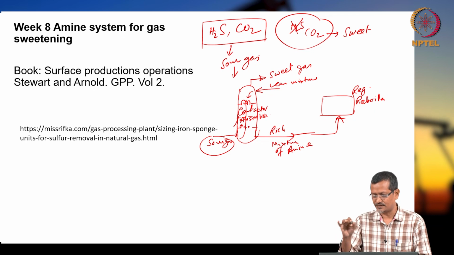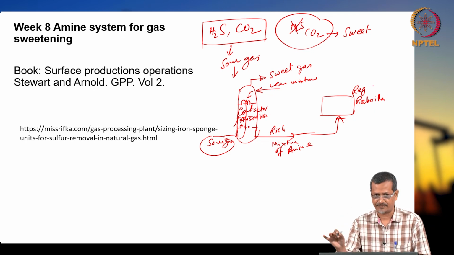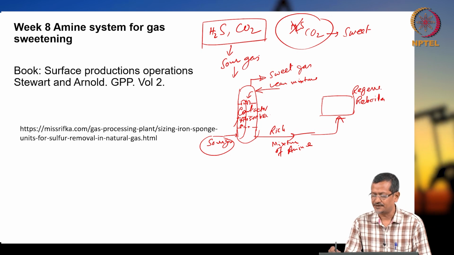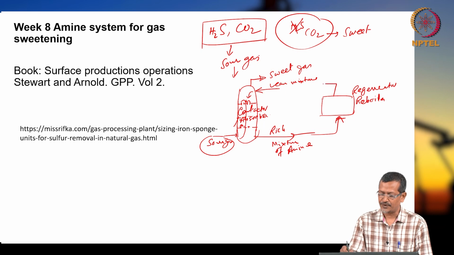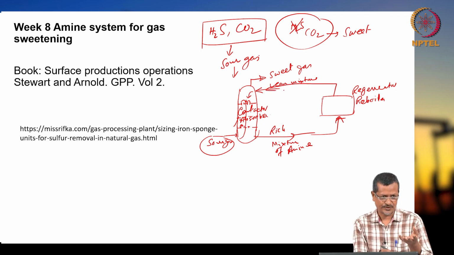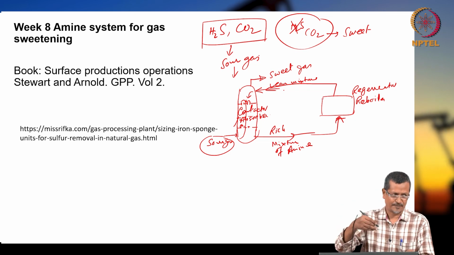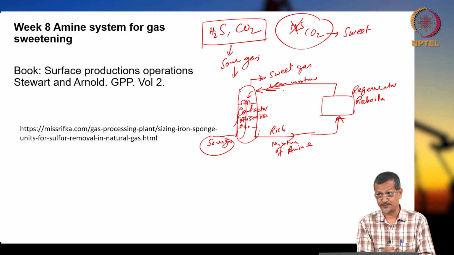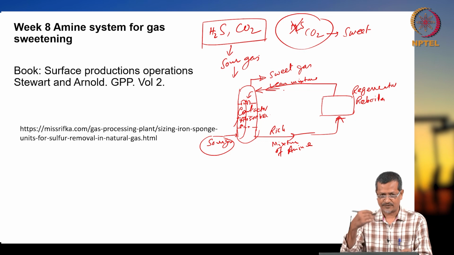I am not drawing all these items separately, I will show a separate figure. Using the regenerator, you are producing lean mixture of amine. Lean mixture of amine means a low amount of H2S and CO2, almost negligible. So that again you put in the contactor column to absorb your sour gases,